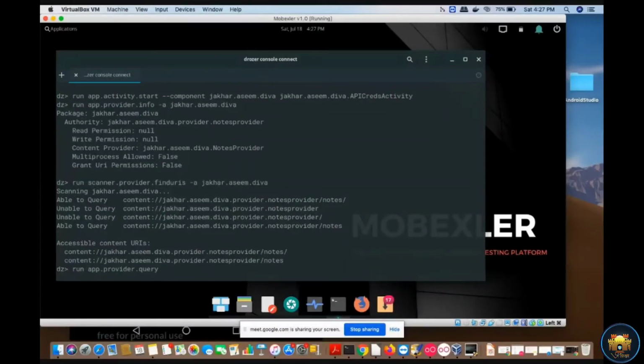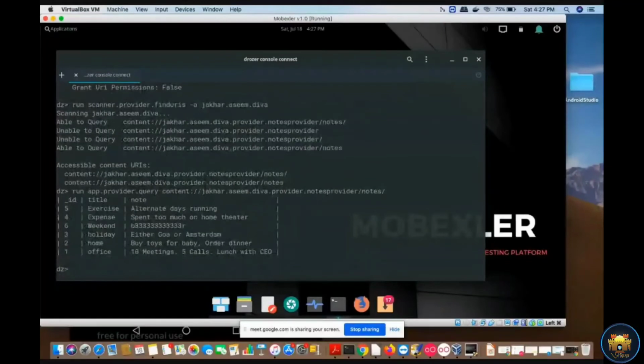Because my copy paste is not working, I have to type it: content://jakar.asim.diva.provider.notesprovider/notes, right? If I type this command, you can see, right? I can get all the information inside this content provider URL, right?